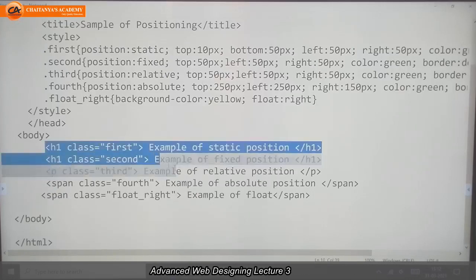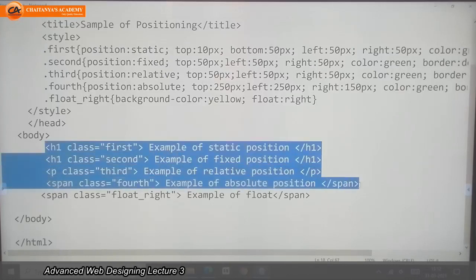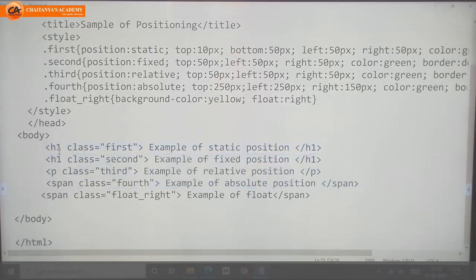And here I applied those selectors, those styles. H1 class, here I applied first, means static position. Here second class.